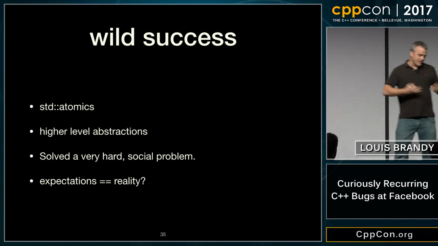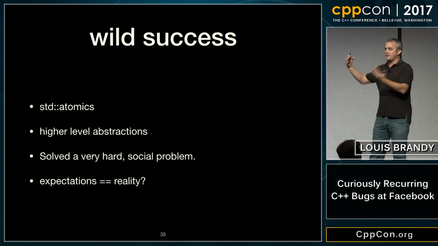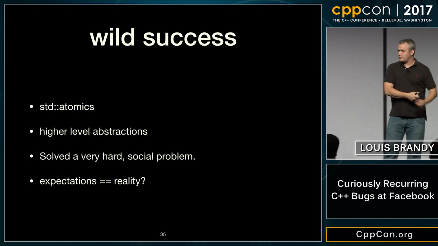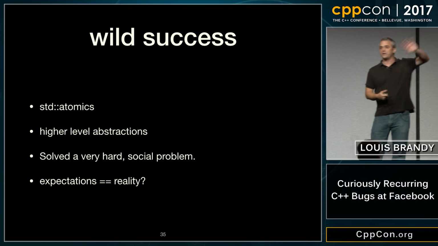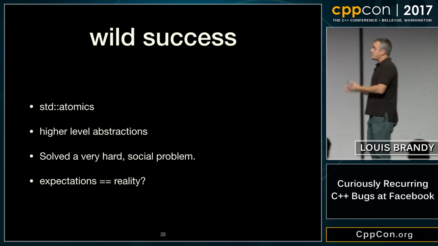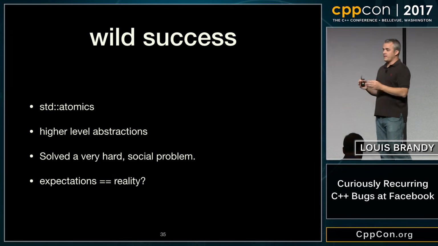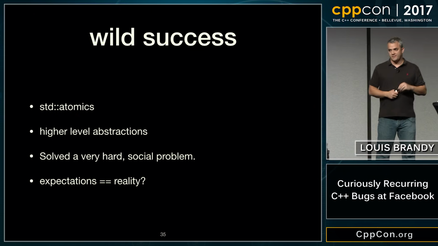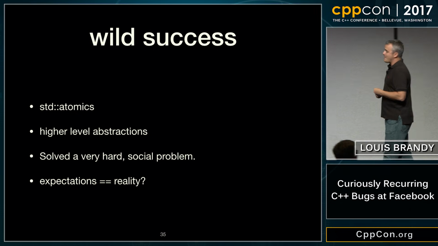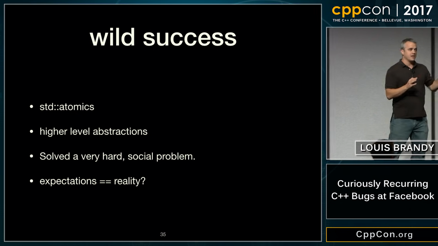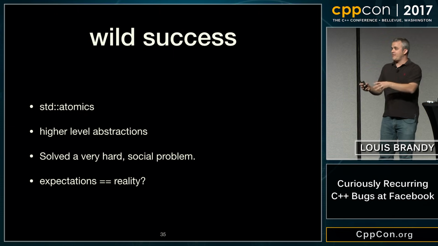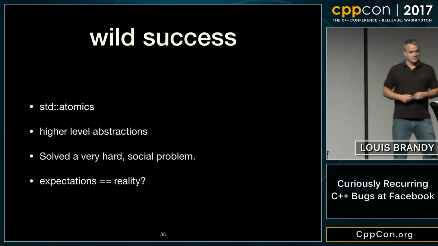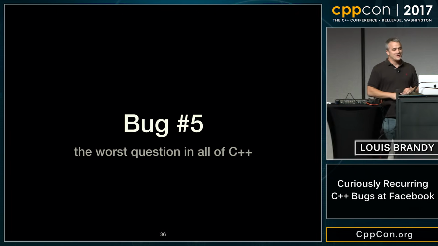It turns out people wanted atomic flags or mutexes or yet higher order abstractions. And once we started giving it to them, somehow volatile just vanished. We sort of trained the old guard who had learned, but the new people who wander into the language must be just finding the right thing. The use of volatile as a synchronization mechanism seems to have mostly vanished. I'm not exactly sure why, but I think it's an interesting case study in people really wanting to do X, and they'll find a way to do X. And if you just give them a solution, they'll use it, turns out. Yeah. All right, bug number 5.